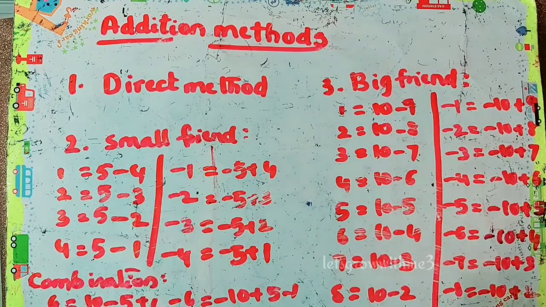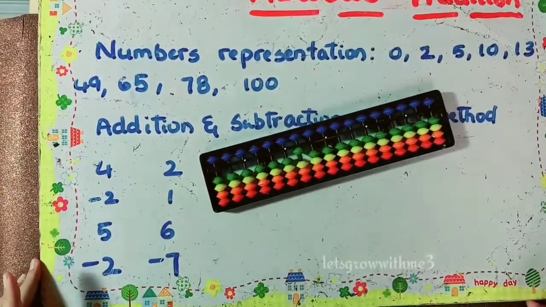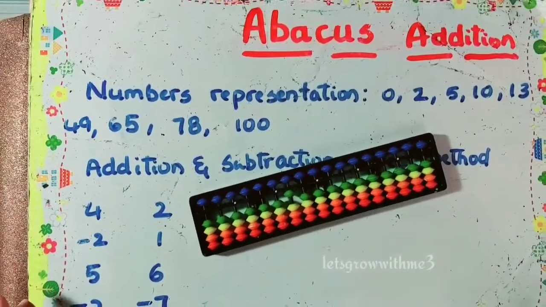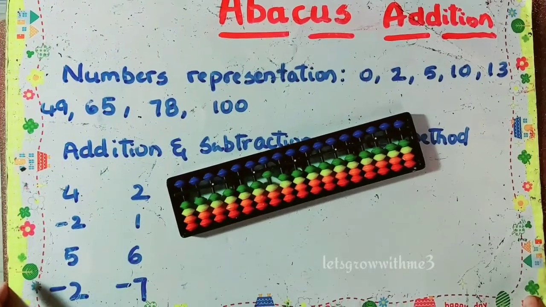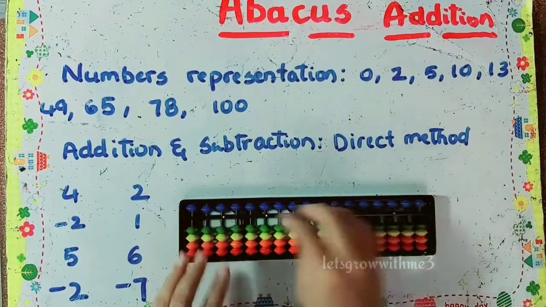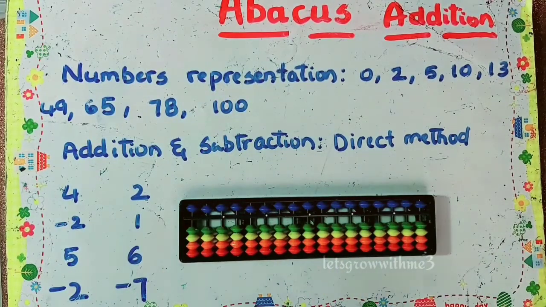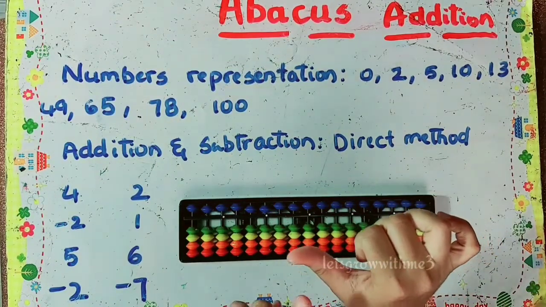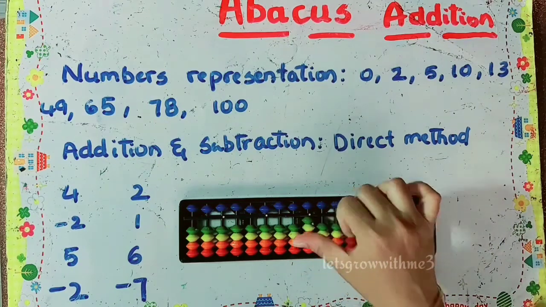Okay, so let's start. I'm going to take our first question. What's the first question? How to do addition and subtraction using the direct method. We know how to add the values. So how to subtract the values? If you move beads away from the answering bar, that's a subtraction. For subtraction you will use your index finger. To bring up lower beads you will use the thumb finger.